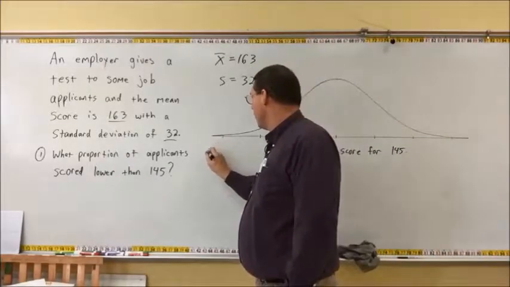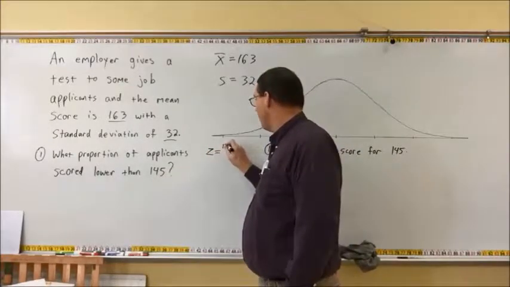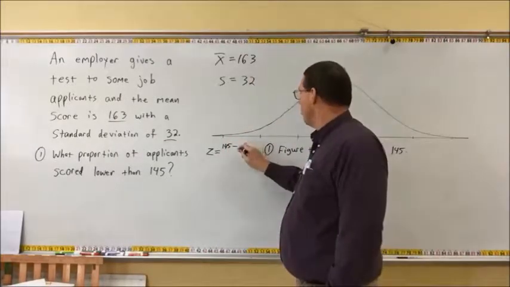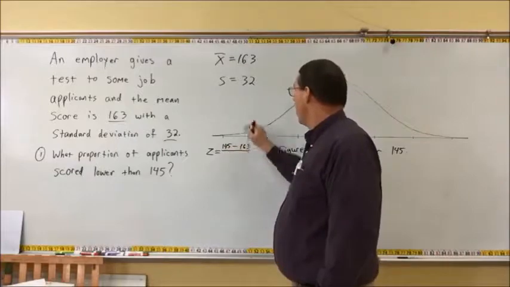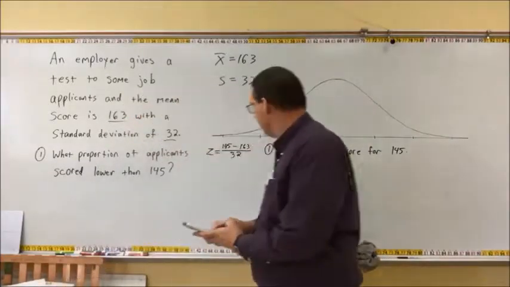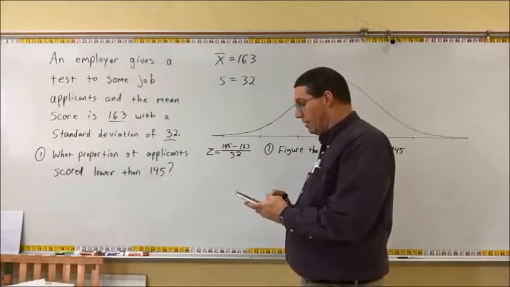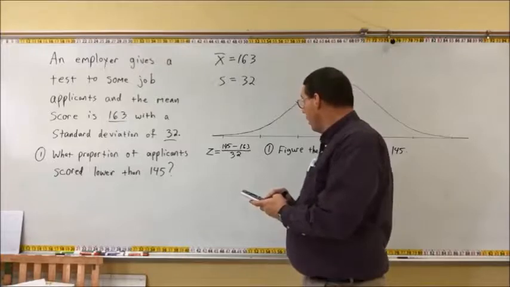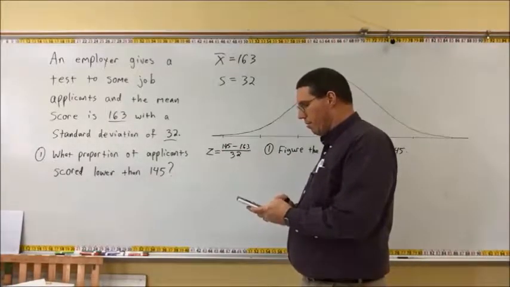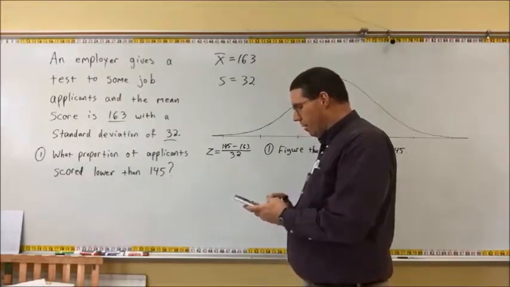The z-score formula is z equals the observation, which in this case is 145, minus the mean, which is 163, divided by the standard deviation, which is 32. So we're going to get a calculator here, and 163 minus 145 is 18. Excuse me, I did it backwards. It's 145 minus 163, which is negative 18, divided by 32 gives us